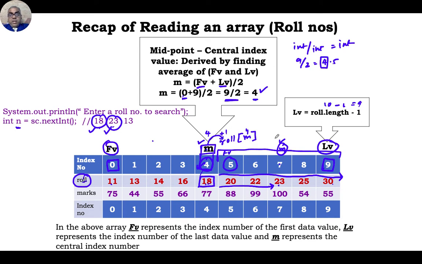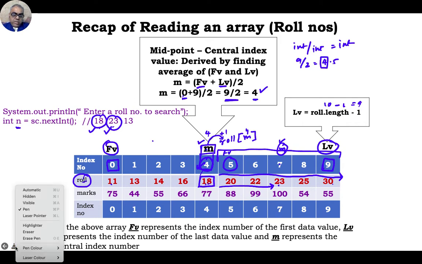So if I have 10 million data, again the first time 5 million data is gone. In the second round another 2.5 million data is gone. So in actual 2 rounds, you have 7.5 million data out. So when the volume is very large, this search is much better. Now what if my input value is lesser than this? Let me change the color so that we can at least see the difference. I am going to go with the black color.